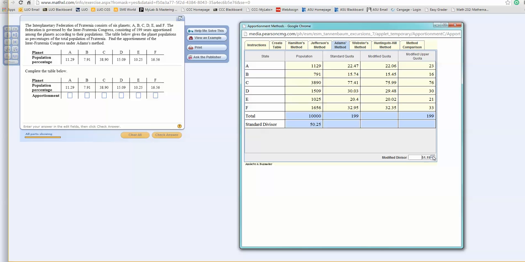And it may take a while to get it to change, but in order to do this without having to go through all the calculations, we'll see that it just changed. And I probably went too far. There we go. We'll click here. Notice that the modified divisor is now 51.19 when it was 50.25. Notice that the total for the modified upper quota is 199,